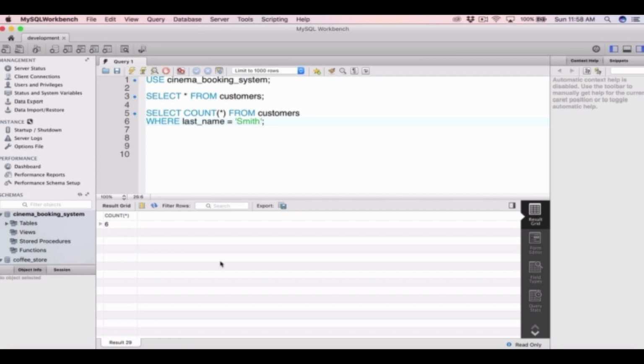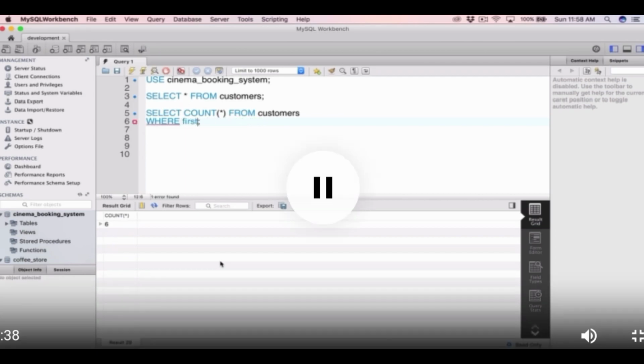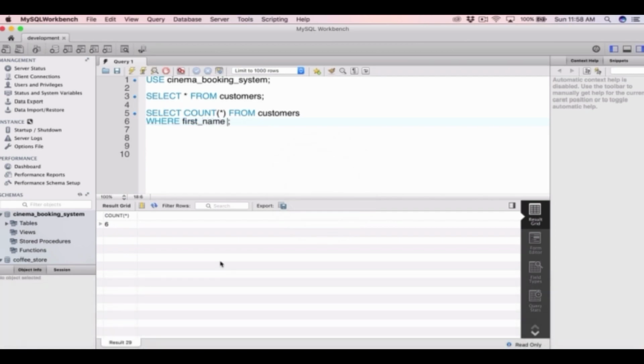And let's try a second where clause where first name is null. So where first name is null, and you can see it returns 6 again. So we have 6 customers who didn't provide us with a first name. So that proves the 120 and 114 we saw earlier. Count does not include null values when you're counting on a